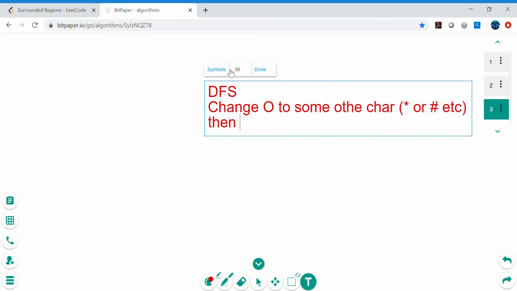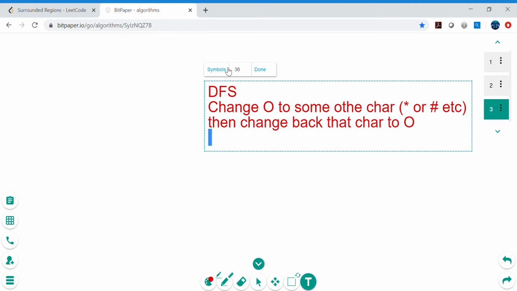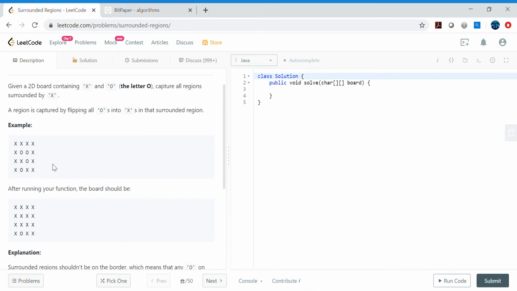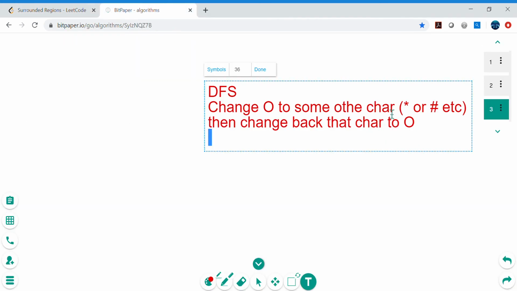Then change that character back to O. The plan is that we don't want to touch the O's that are already on the boundary. So if an O is on the boundary, we mark it as a star or something so that we can make sure it is on the boundary, and then we change it back to O.